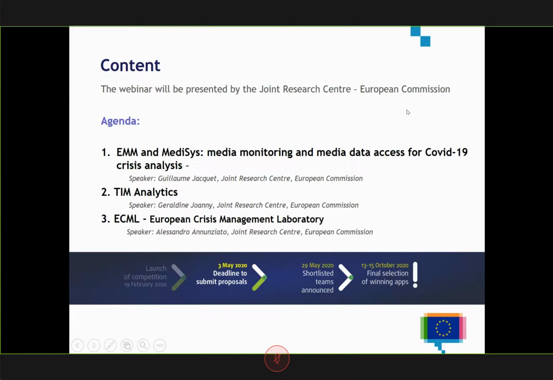In this agenda, we will have, in the beginning, as a speaker, Guillaume Jacquet from the Joint Research Center, who will present the European Media Monitor and Medicis. The European Media Monitor helps you to understand, explore, and check current news reported by the world's online media on COVID-19, while Medicis is a media monitoring system providing event-based surveillance to rapidly identify public health threats using information